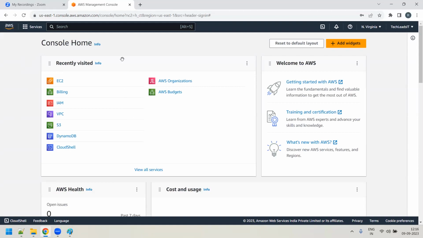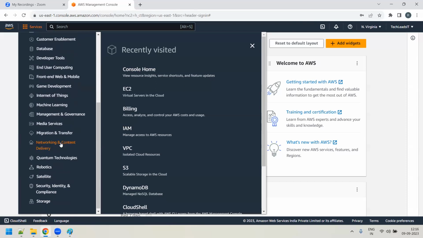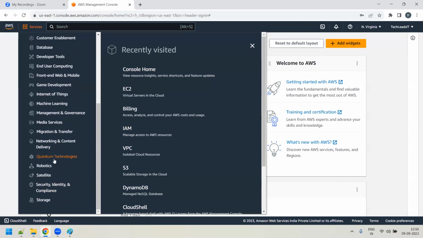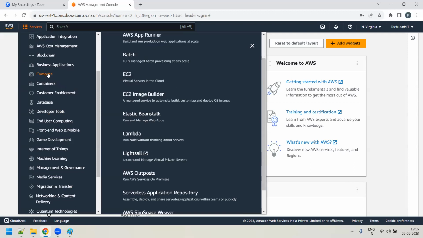Now if you go to Services, many of you already know this, you have a lot of services. For example, you have a Compute service. If you click on Compute, you can see there is an EC2 service.